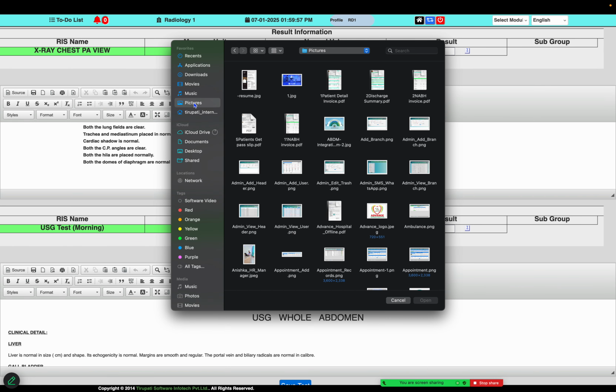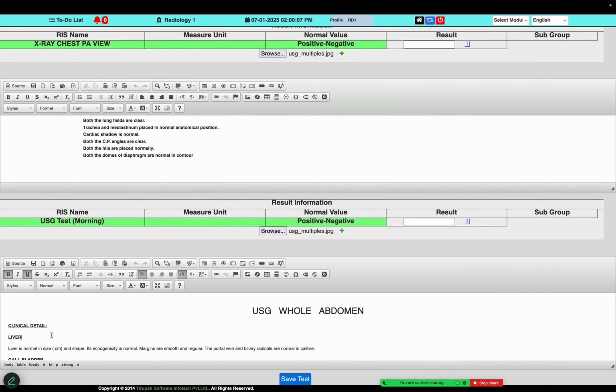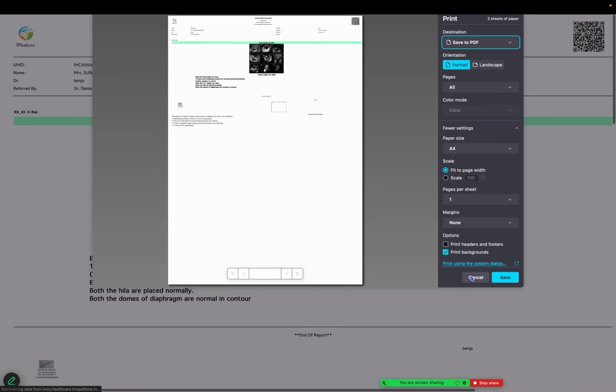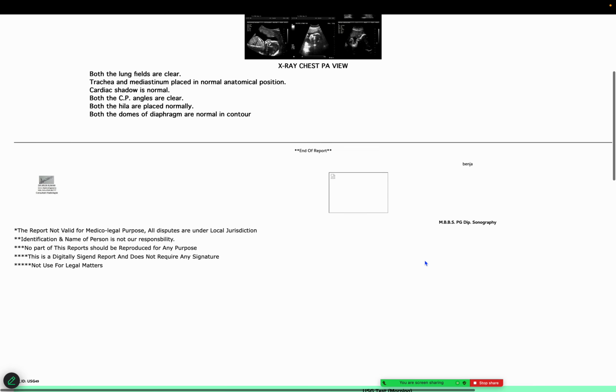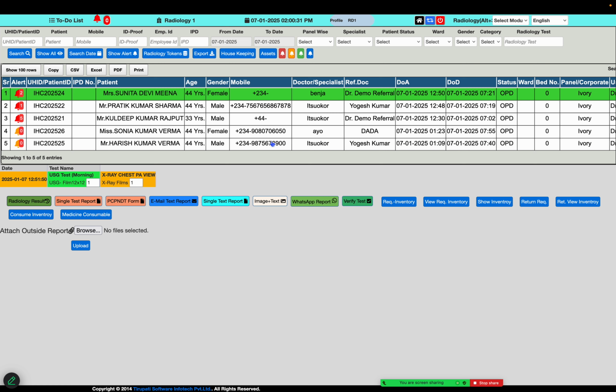For example, we need to upload an X-ray film of the patient, and this way they can upload pictures, and they can prepare the lab report evaluation. They can mention comments and size in centimeters, like 240 into 280 centimeters or millimeters, the size of the liver and gallbladder. And this is where they can prepare the radiology report of the respective patient. Okay, so this way the radiology user can maintain his activity for requested tests.